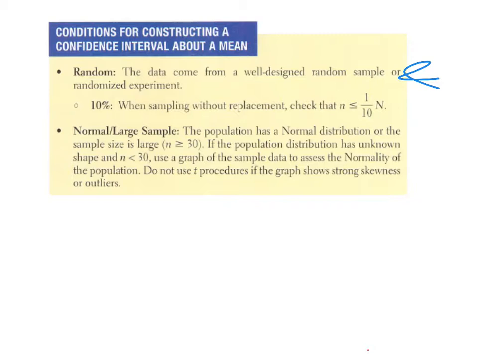We also need to check our 10% rule. When we're sampling without replacement, which we usually are doing, okay, we need to double check that our sample is less than 10% of our population. And remember that way then we can use our formula here for calculating standard deviation. The next thing is that we need to check whether it's a normal